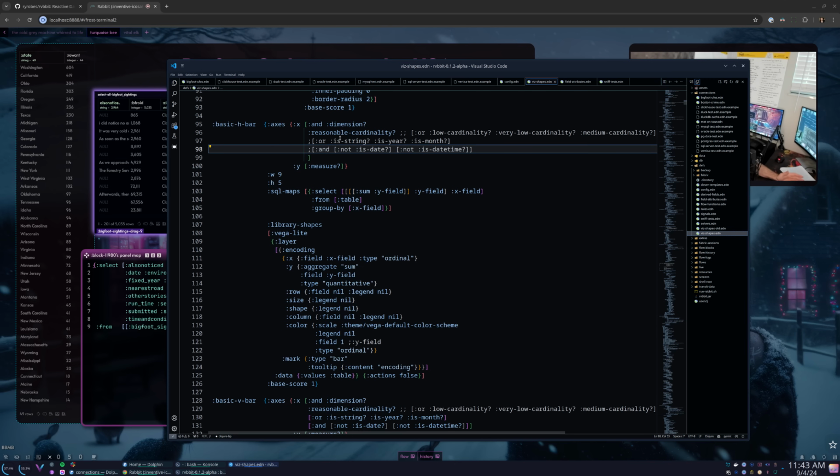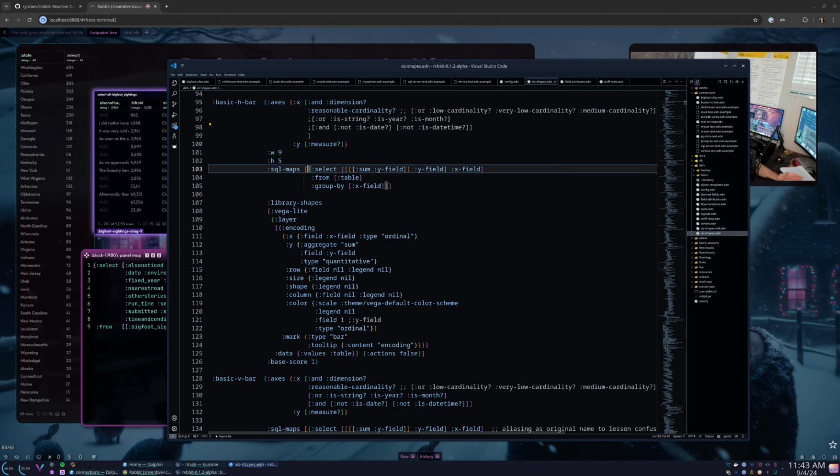If this is satisfied, then we go down to this thing. We have to create a query, right? So then X becomes X field and Y becomes Y field, and we basically use it as a template system to build a query, from table, the pseudo name for this, whatever this incoming query is, which by the way is probably a big subquery, like a named subquery, grouped by X field, some Y field,